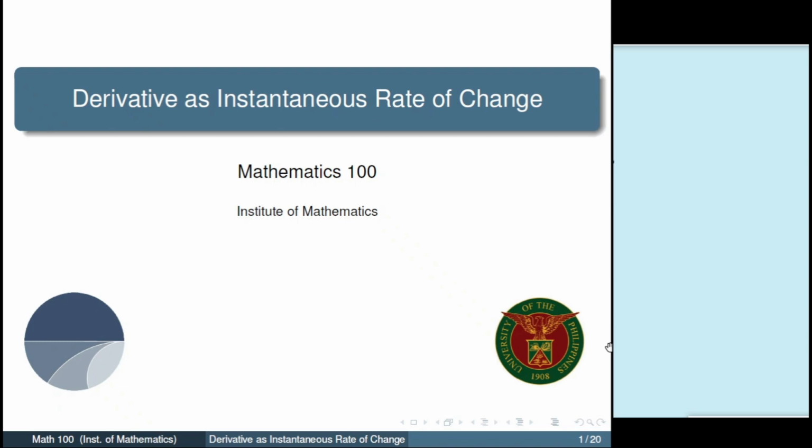We can use derivative to describe the rate of change of one variable with respect to the other. An example will be change in the position and velocity of a moving object with respect to time. Pwede rin natin gamitin ito sa pag-calculate ng marginal cost, revenue, or profit, of producing a certain product. Pwede rin siyang gamitin sa optimization problems such as getting the maximum or minimum area, amount of material used, profit, and a lot more. We will discuss these applications one by one in the succeeding days, but for today,